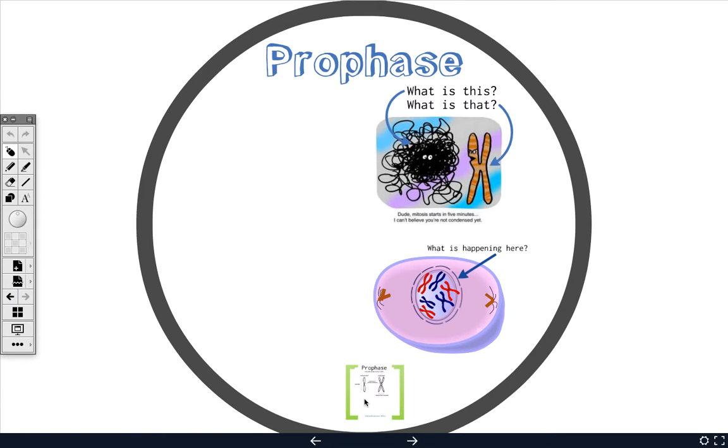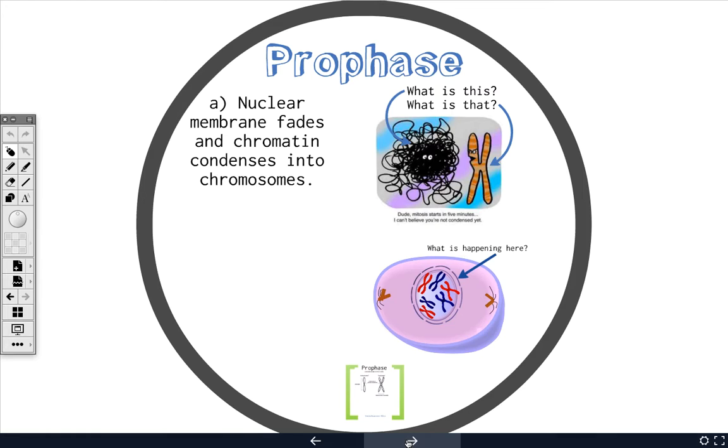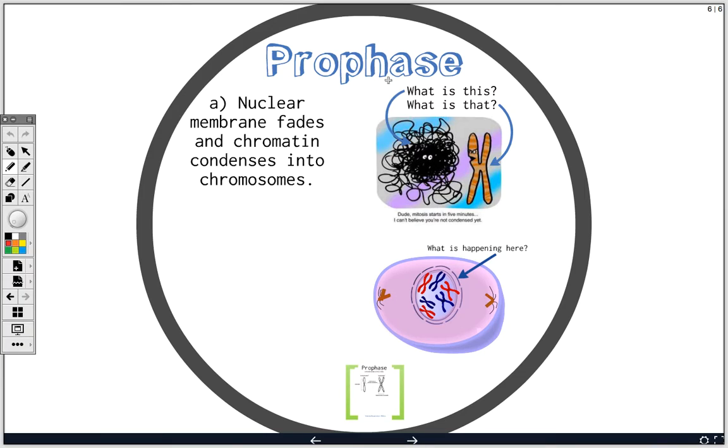In prophase, there are a couple of things that happen. First of all, the nuclear membrane kind of goes away, and the chromatin condenses into chromosomes. Hopefully you recognize that this is a type of our DNA, and that type is called chromatin. It condenses into chromosomes. So this long stringy stuff begins shrinking and shrinking and shrinking until it looks something like this,